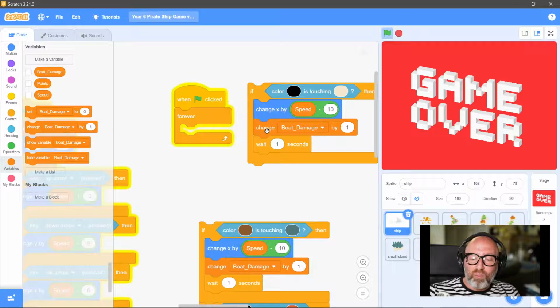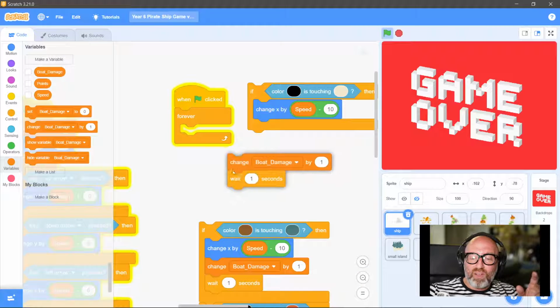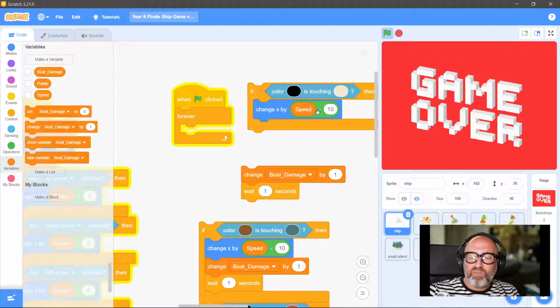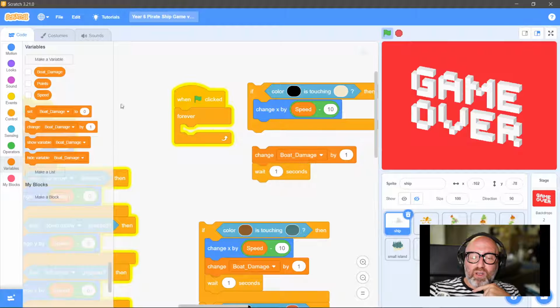Okay, so this is one part. In the previous one, we didn't have these two, did we? So we just said bounce 10 pixels the other way, basically. So if I'm going to hit this color, which is at the front of the boat with part of the island, change X by speed minus 10. So at this point, it is 10 pixels, but the boat's going at 3 pixels anyway, because the speed is 3. I made a boat damage variable, and I just said change boat damage by 1,